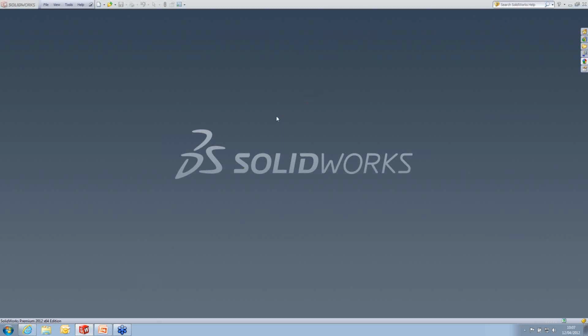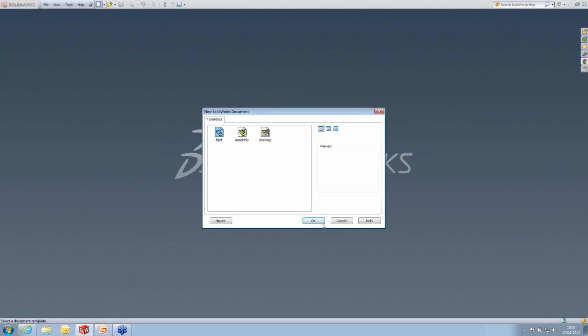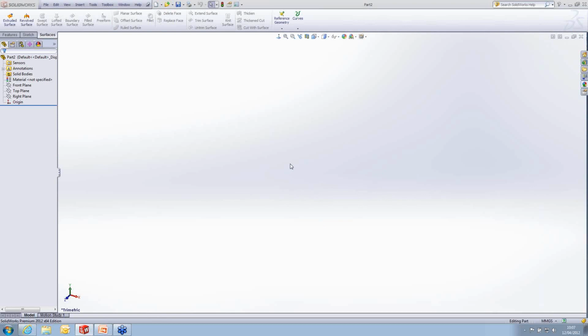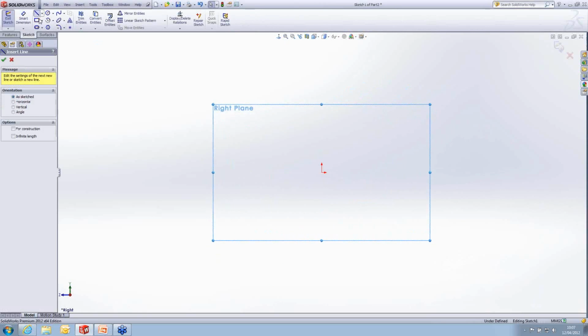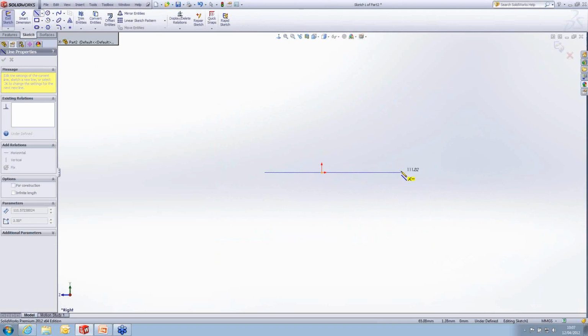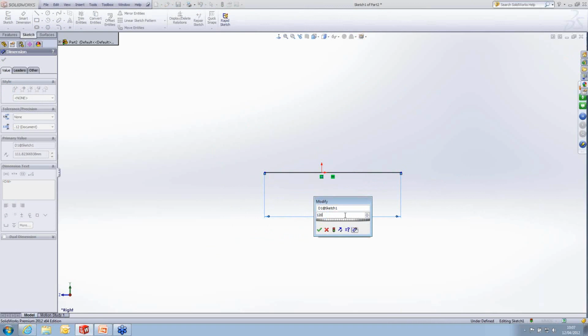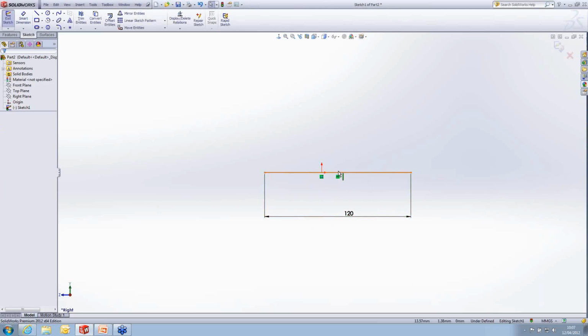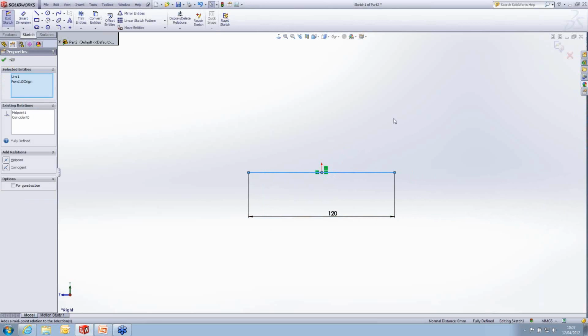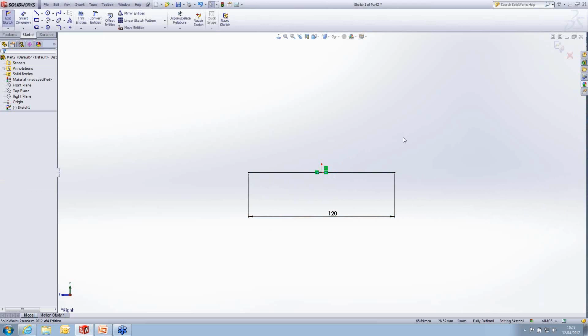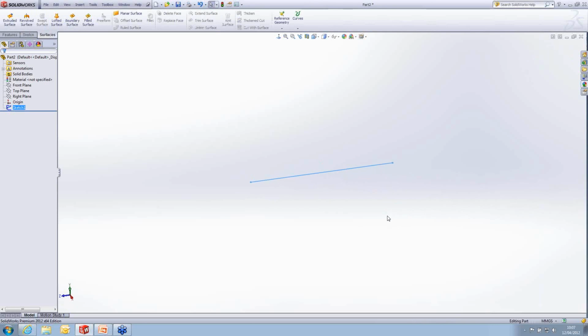I'm starting from a blank document, so I'm going to create a new part. Now in this new design, what I need to do first of all is check that I've got the scale right, and I've measured the part beforehand. So I'm just going to do a basic sketch which is going to show how long the part is. I measured the model to be roughly about 120 millimeters, and I'm going to fix that onto the origin with a midpoint relationship,